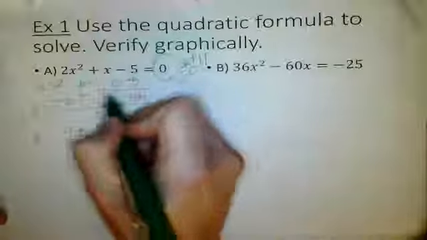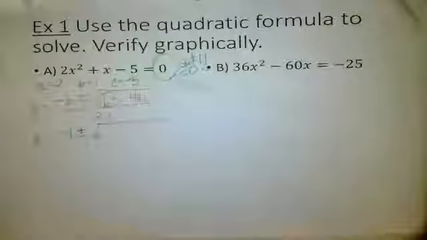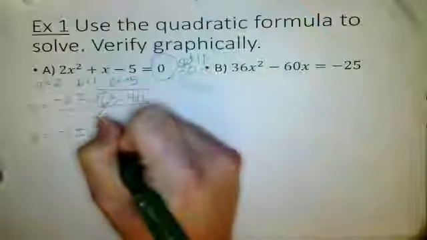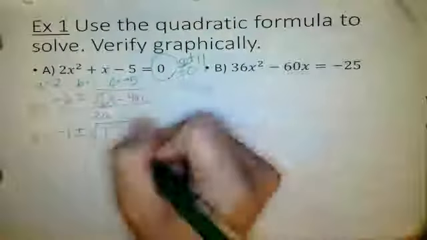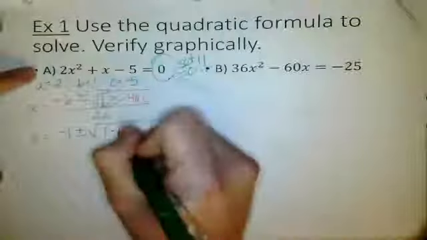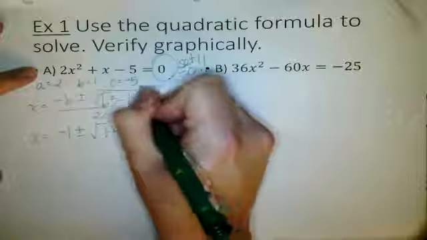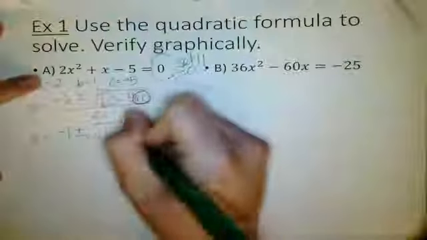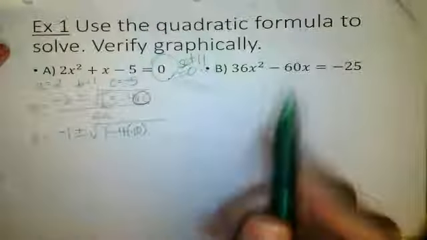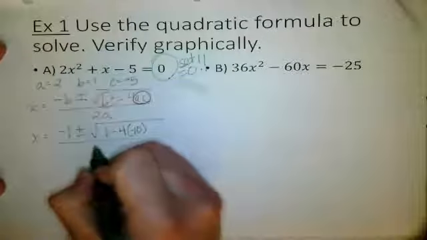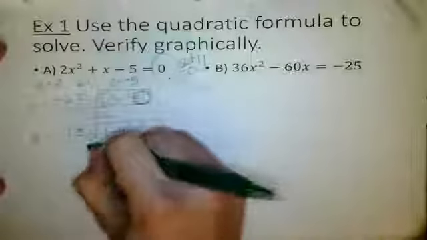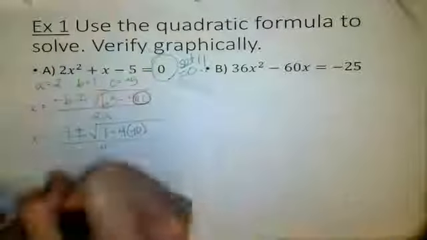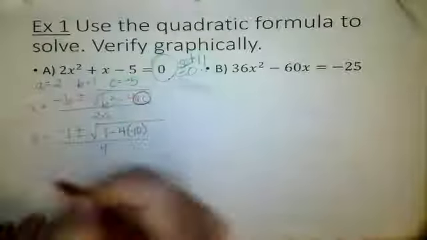Now, for b squared, I want you to do that in your head. B squared is 1. And then -4, I want you to do a times c in your head. -10. All divided by 2 times a. You can definitely do that in your head too. 2 times 2 is 4. All right. So we have x equals